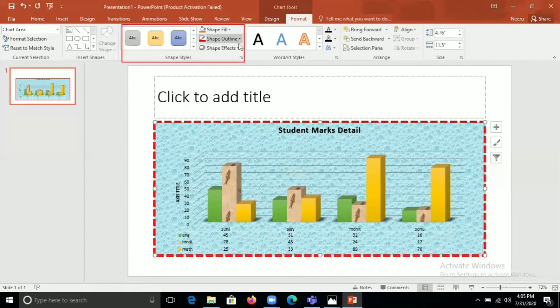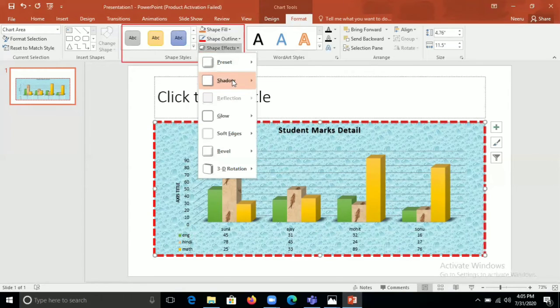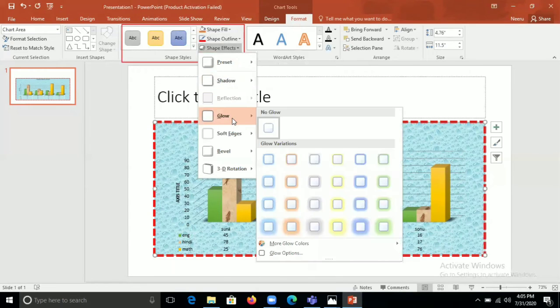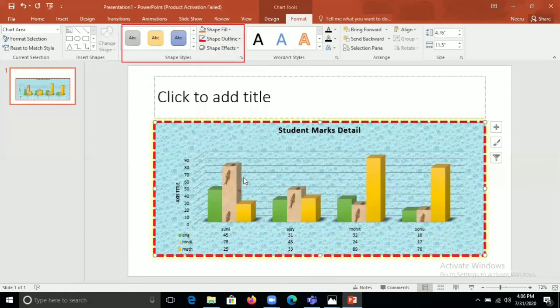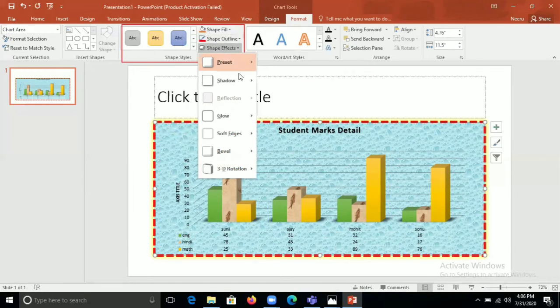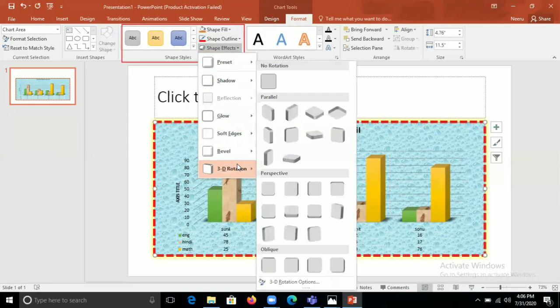We can provide the effects also. Shadow, glow, all the effects we can provide. It's totally up to you which effect you want to provide. You can see at the back side the yellow color glowing. According to our requirement, we can do it.